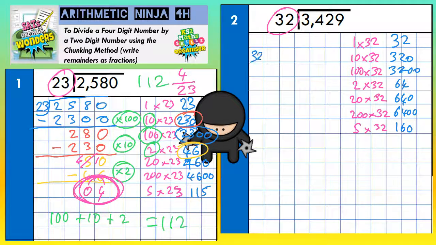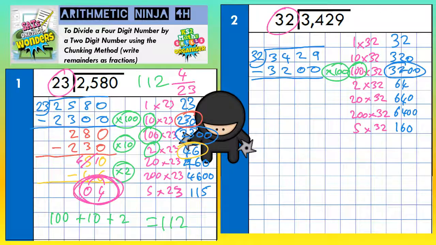So you write the question out. 32s into 3,429. And the biggest chunk we can take away so far is this 3,200. So let's take away 3,200. That, though, is a chunk of 100. So let's pop a little times 100 at the side. And let's work that out. 9 take away 0 is 9. 2 take away 0 is 2. 4 take away 2 is 2. 3 take away 3 is nothing. So we're down to